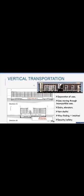And so looking at things in section view, you can see where the parking is versus where the retail is. We had residential parking down below on a lower parking deck, retail parking on an upper parking deck on the same level as the retail, and commercial above. So remember at the beginning when we were talking about vertically versus horizontally integrated mixed-use projects, vertically integrated projects get